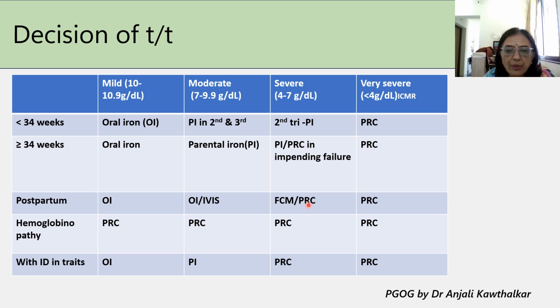So if it is not available, PRC needs to be given. Hemoglobinopathy, usually PRCs are effective. And if hemoglobinopathy in traits with iron deficiency is there, then we need to give oral or injectable iron, depending on the severity. So this, I have myself prepared this in a nutshell, and you can be given various case scenarios in theory paper, or you can be asked in the form of case scenarios in practical examination also,